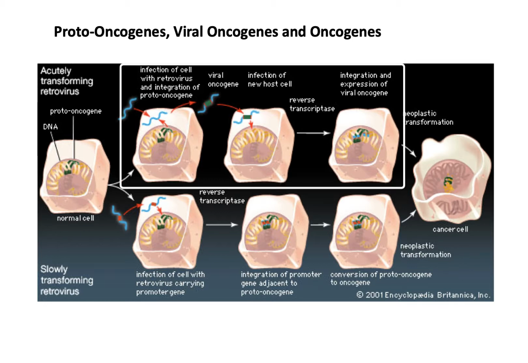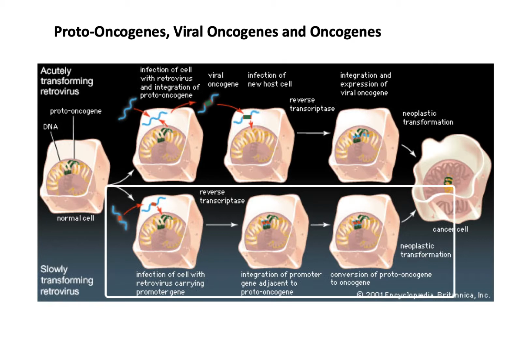So the virus infects the cell, picks up a proto-oncogene, which it actually makes into the oncogene by mainly deleting the introns, or taking an RNA version of the oncogene and reverse transcribing that so it contains no introns. And then infecting other cells where it carries that oncogene with it, converting or transforming those into cancer